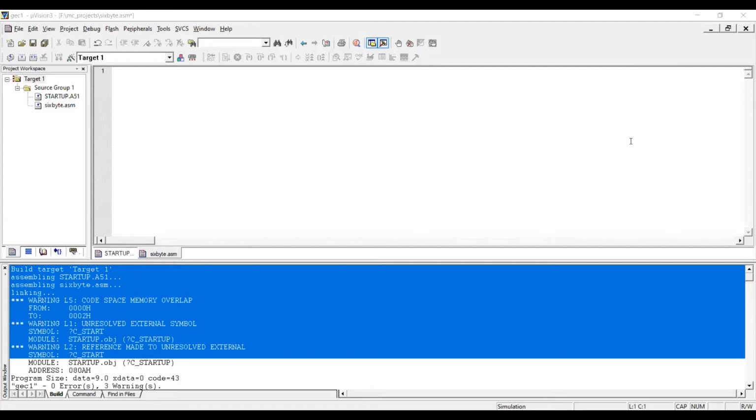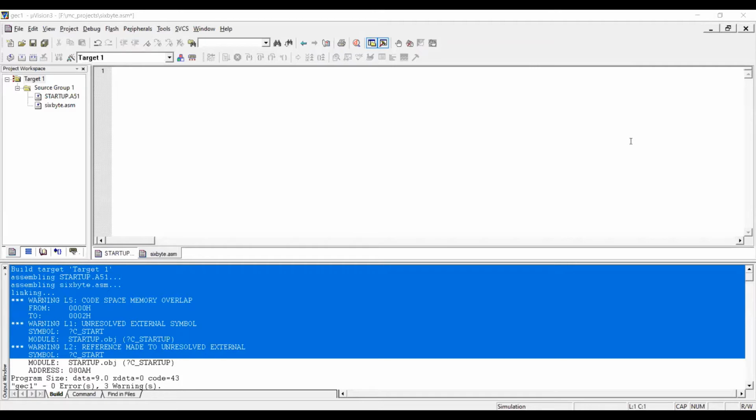When I say hexadecimal up counter here, we know that most registers in 8051 are 8 bits, right? The ports are also 8 bits, so the maximum count we can have is from 00 to FFH here. When I say up counter, it will keep on incrementing the count from 0,